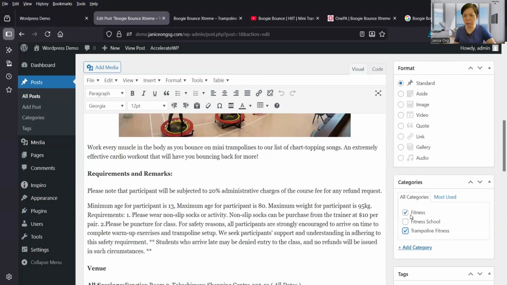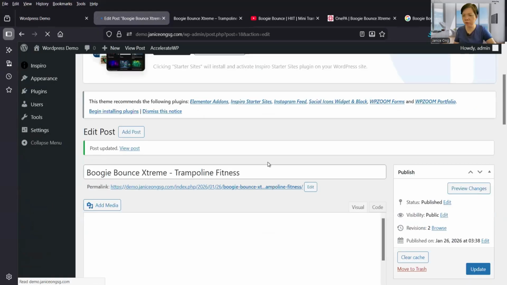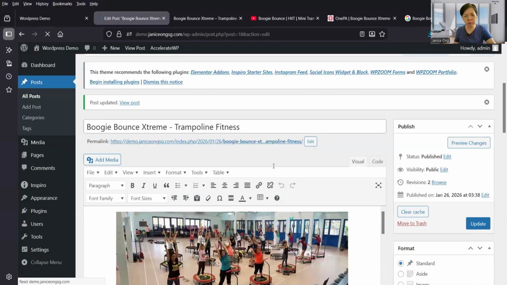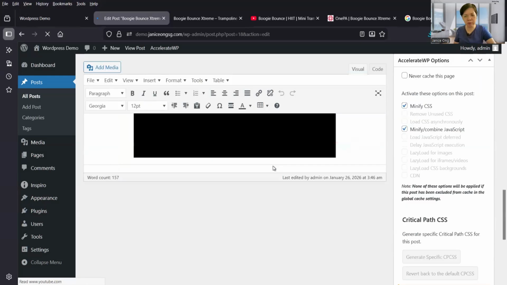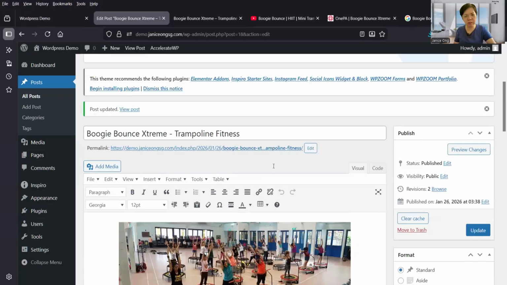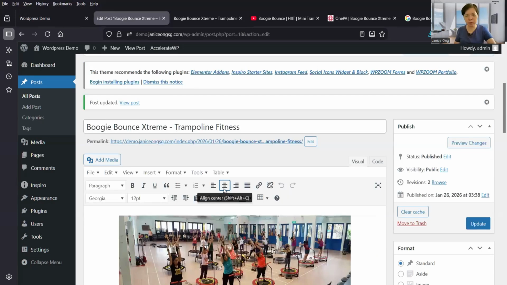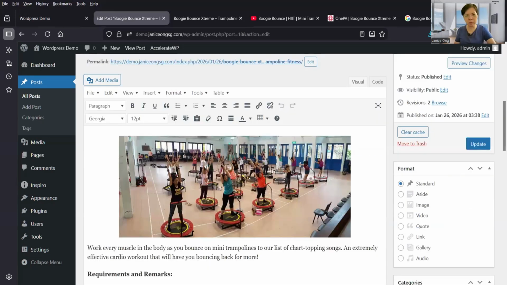So you go into both categories and update. Okay. Trampoline fitness. So far, I hope you are able to understand how to create a picture and post, and all the